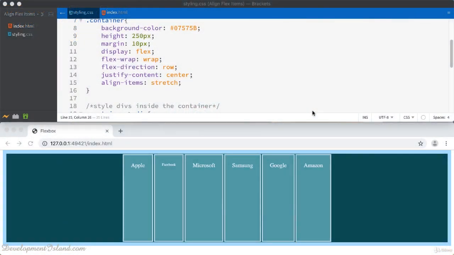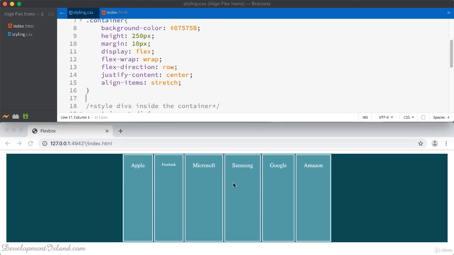In this video, you're going to learn how to align rows or columns inside a flexbox. So let's start with a row and see how we can align it inside the flexbox. Aligning a row inside the flexbox means that you're going to be aligning it vertically. So at the moment, the row stretches vertically inside the flexbox to occupy the full width available for it inside